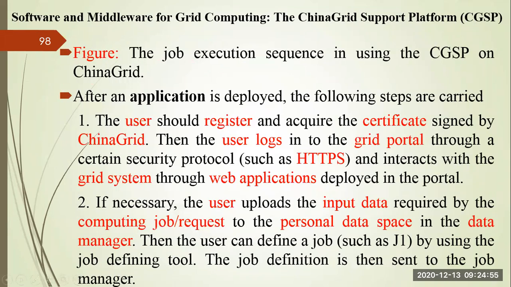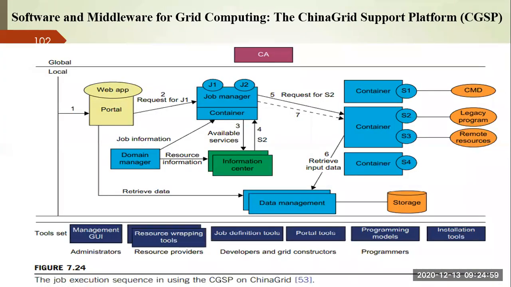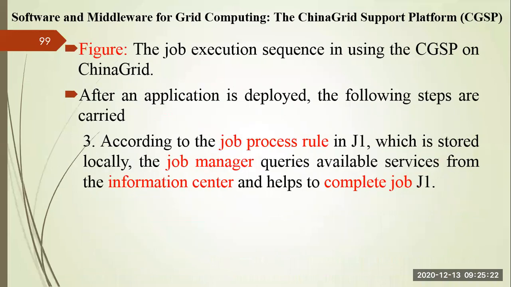So you can see the complete flow is given in this particular slide, right? Starting with the job execution sequence, starting from a portal, you can see here three things we discussed. One is the job manager, right? Another is your domain manager. These two are very important points, right? And there is a set of containers also that is managed here, right? So we'll go through this discussion in more detail here.